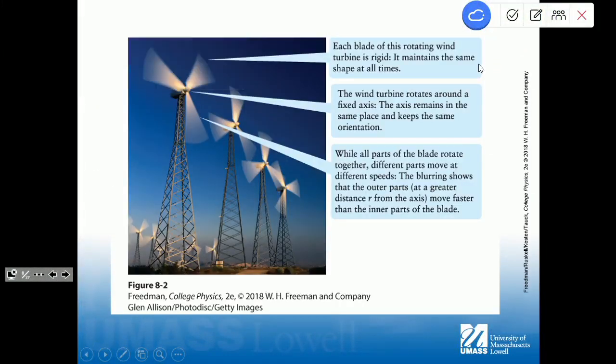So, let's consider a rigid body. These are wind turbines. So, these are rotating wind turbines. Every point